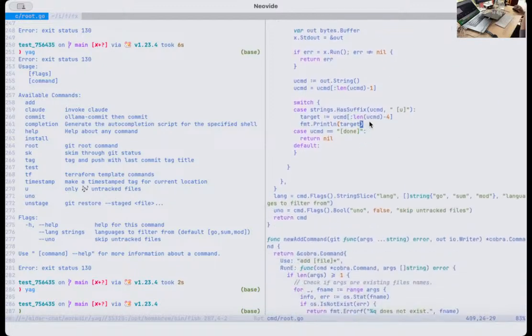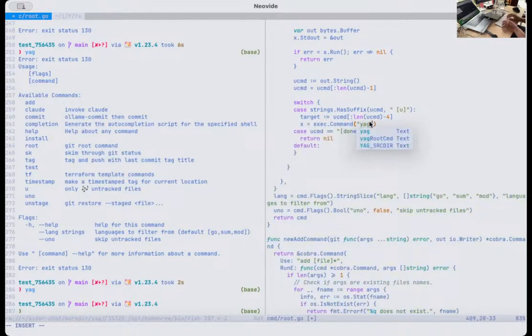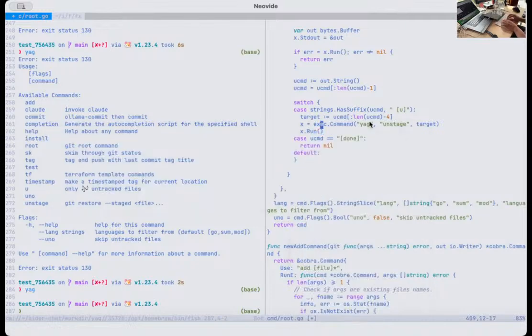So I want to do yag unstage the target. So I will do a little command, yag unstage target, and we'll do x.run, if error,